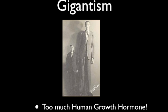Someone who has too much of the human growth hormone released by the pituitary can have gigantism. This is a disease in which a person grows to an enormous height, but it can be damaging because the person often doesn't have the structural support from their bones to support the weight they attain. When I was a little kid, they actually offered me human growth hormone, but I